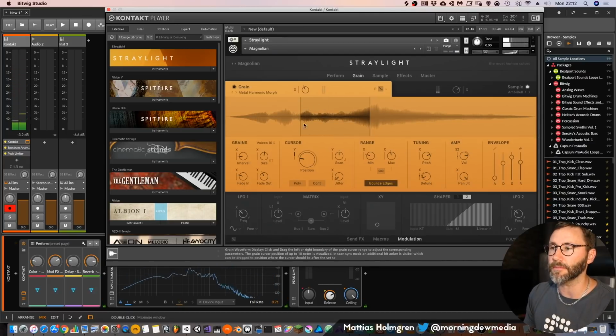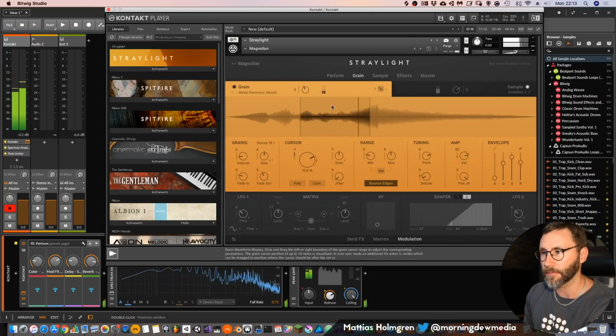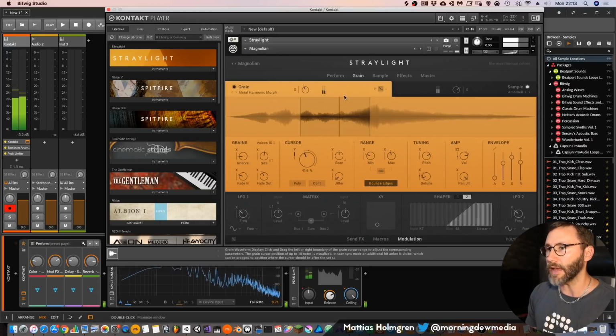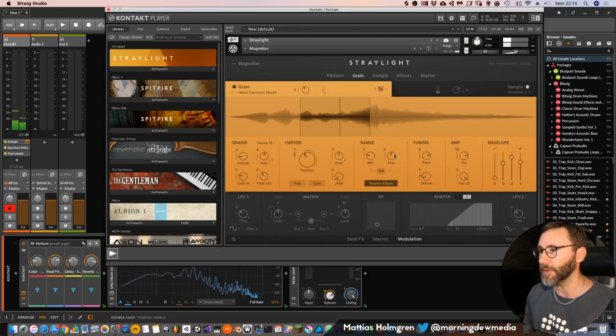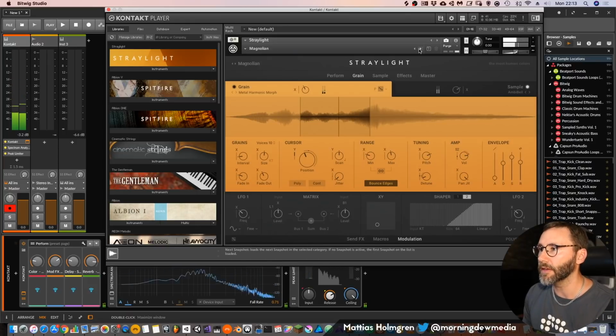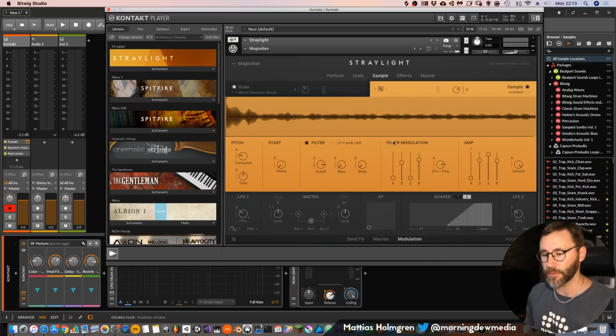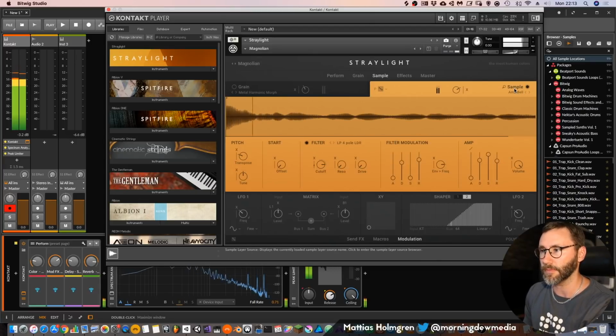You can see that in this part it's more soft, and when we go to this part of the sample it's more crisp. Yeah, so that's the grain part of the sample, and then we have some additional tuning if we wanted to tune that sample. And we can also go to this sample section, which is for the sample, and then we can also mute some of these. And now we only listen to this Ambibel sample.